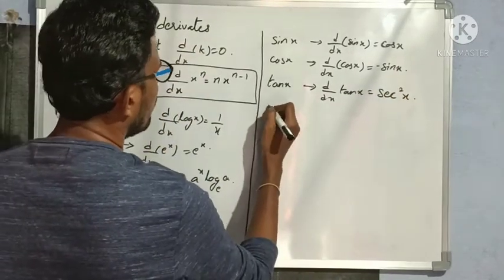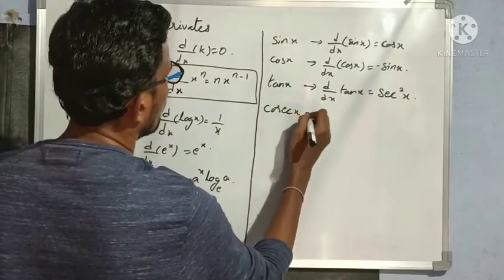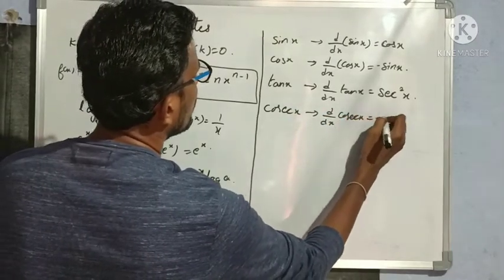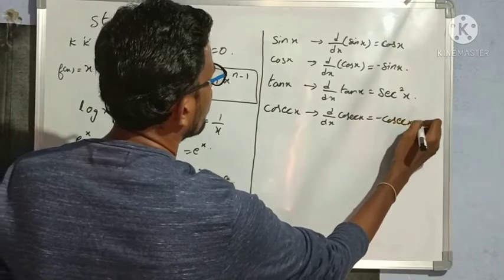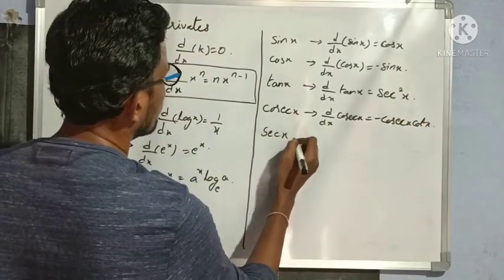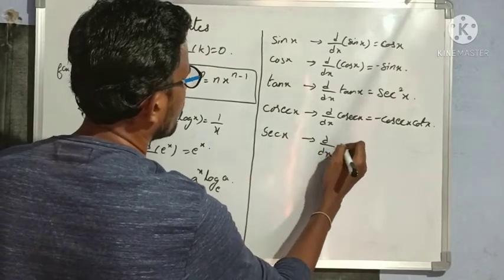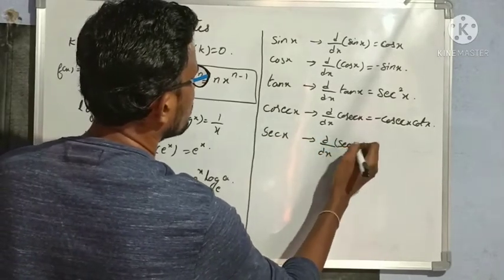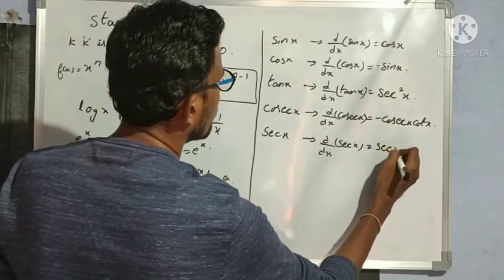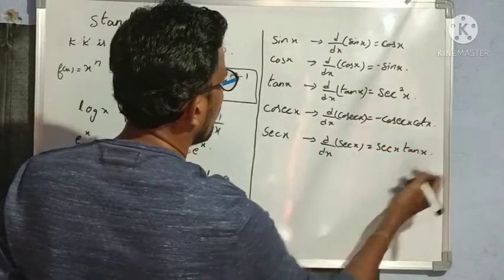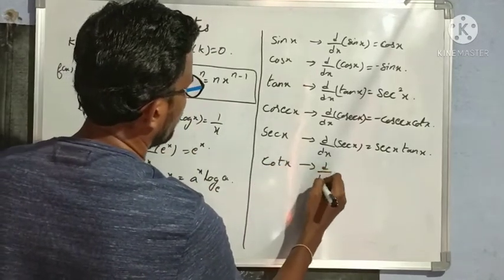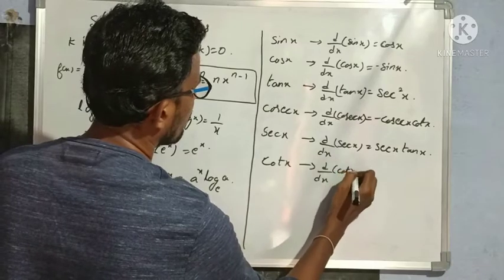Next cosecant x. D by dx of cosecant x is equal to minus cosecant x cot x. Next secant x. D by dx of secant x is equal to secant x tan x. Next cot x. D by dx of cot x is equal to